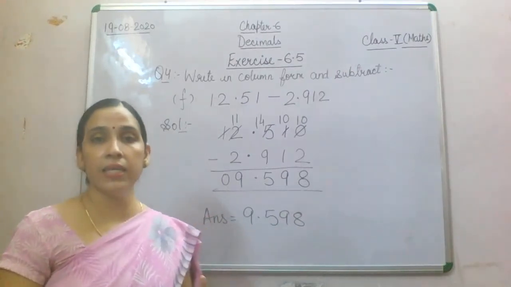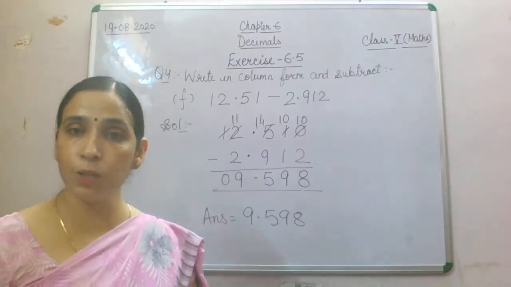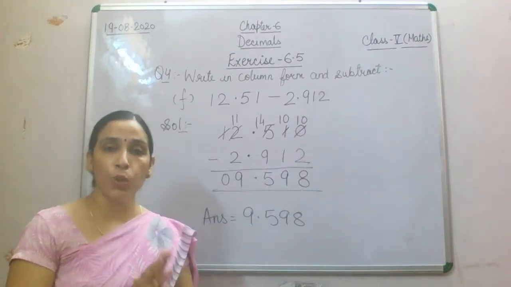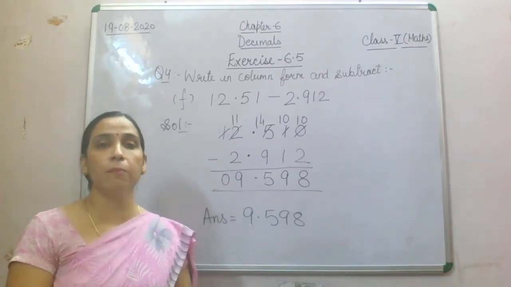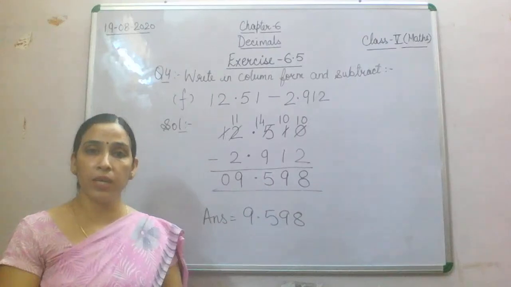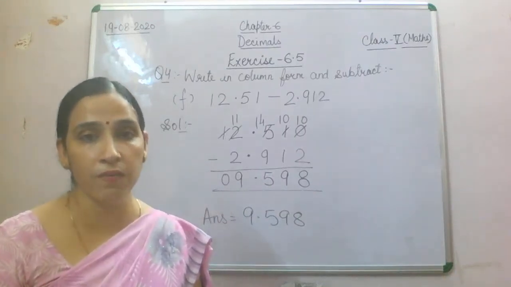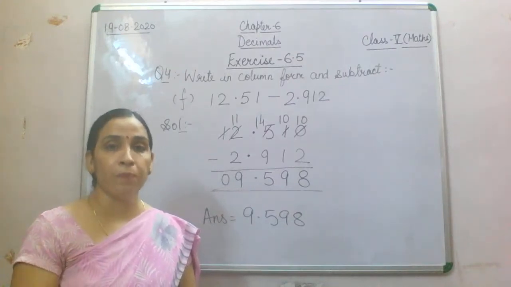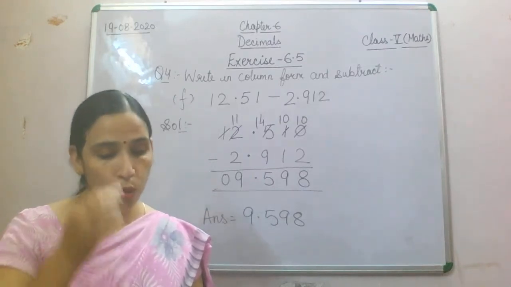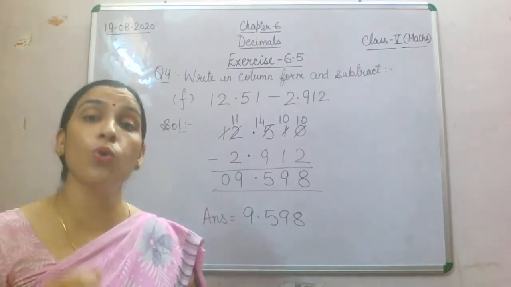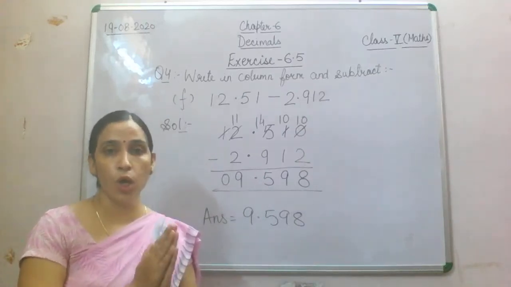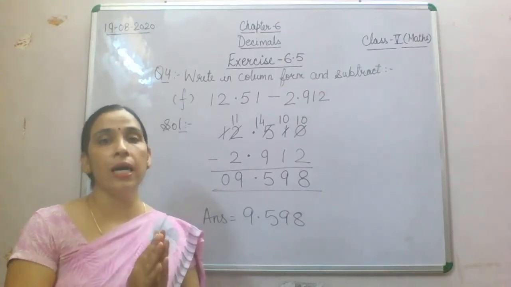Now question number 3, which is given in your book exercise 6.5, is already arranged in column form in your book. You are supposed to do only the subtraction in your book itself. So in your book itself, you simply do the subtraction and write down the answers there. You will not do it in your copy. From exercise 6.5, you are supposed to do question 2 and question 4 in your copy, arranging them in column and then doing addition and subtraction.